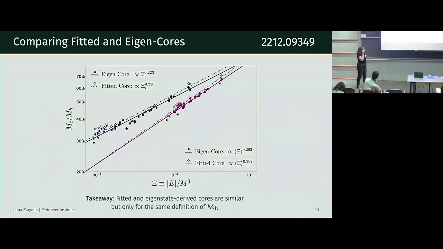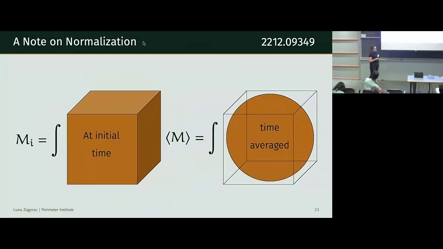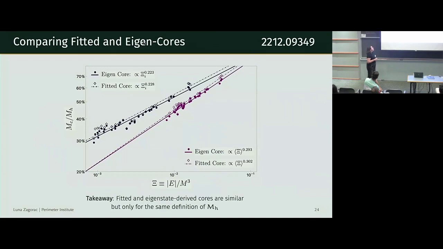The other thing that we do is we compare fitted and eigencores, meaning do we extract the soliton from our simulation by fitting the profile that we know a soliton must have, or do we use our nice eigenstate approach that we were really hoping would be super nice and clean, right? So let's start up here with the black lines. In both of these cases, what's similar is that we are using this version of the mass of the halo: how much initial mass did I put in my halo? First, the eigencores are the full line and the full points. And the fitted cores are the empty diamonds and the dot dashed line.